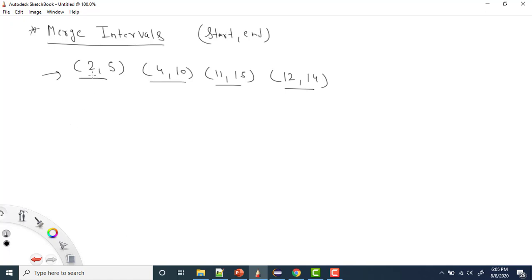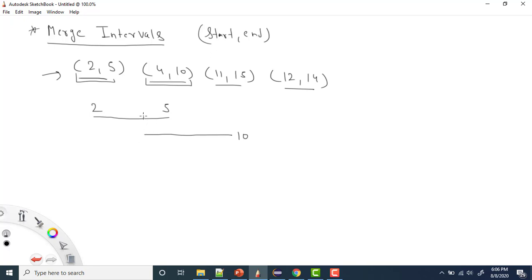Now if you see this case here, we have 2 to 5. So if in a line we have 2 to 5 somewhere here, then we have 4 to 10. What we are doing is trying to understand the question first, because when we say merging the intervals, what does it actually mean, right? So here we have 2 to 5 and here we have 4 to 10, and 4 to 10 would be somewhere here, right? So I will merge the intervals. Rather than keeping these two intervals, can I merge them, right? Yes, definitely I can merge them, because here we have 2 to 5 and here we have 4 to 10, and these are overlapping.